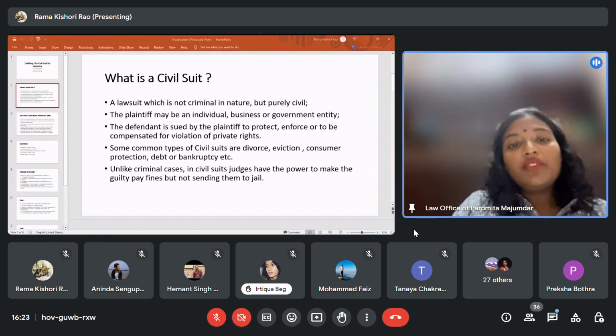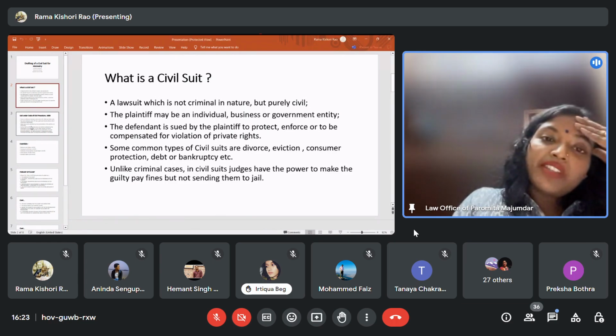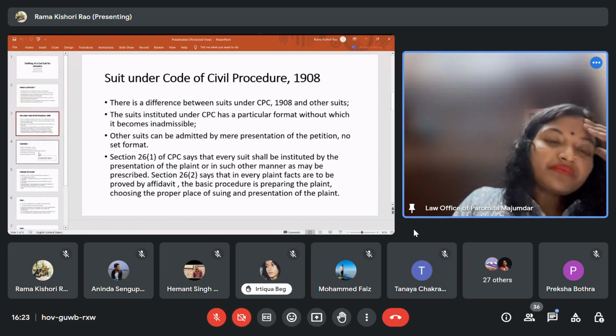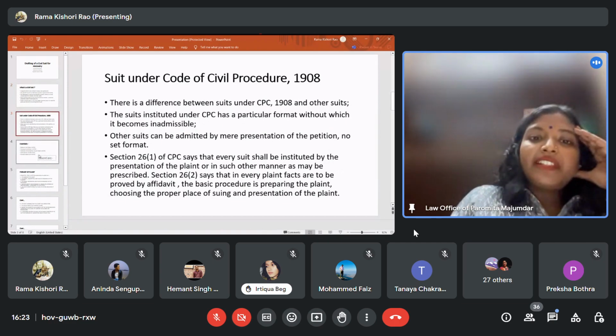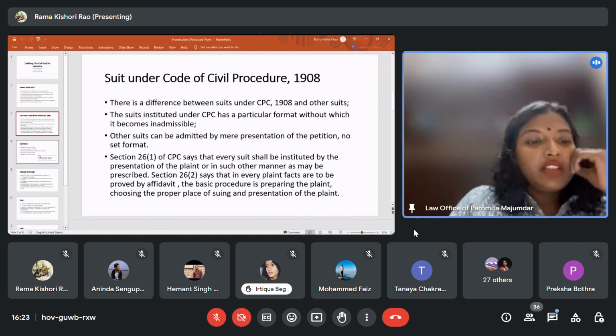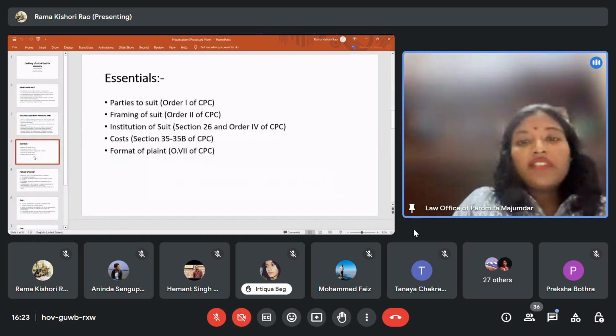Then there are summary suits. In summary suits, the procedure runs very fast. Usually summary suits are filed when one of the parties has already admitted the claim but is still not paying. In such cases, the plaintiff files a summary suit and provides all the documents showing the admission from the defendant.